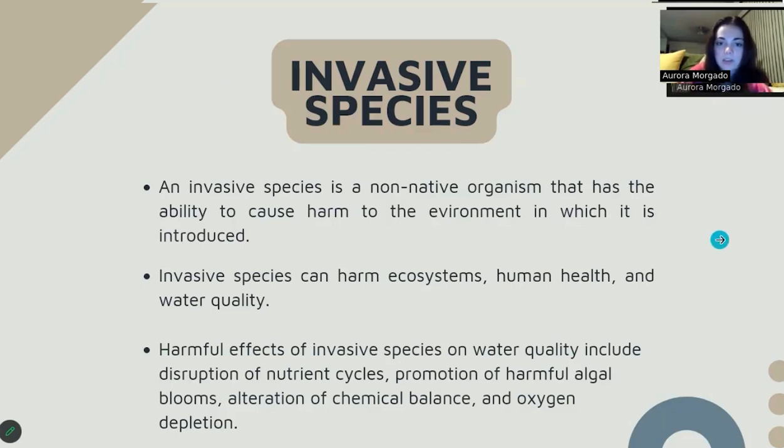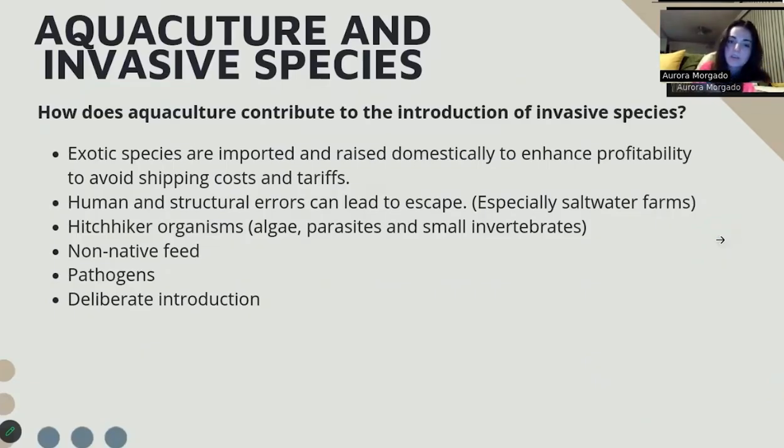Aquaculture, an invasive species. So how exactly does aquaculture tie into all of this? Aquaculture or fish farming is a major pathway for introducing invasive species into aquatic environments. It starts with the importation of exotic species. Farmers often choose non-native fish because they grow faster or are more profitable. But raising them domestically, especially in open water pens, carries a high risk of escape, either due to structural